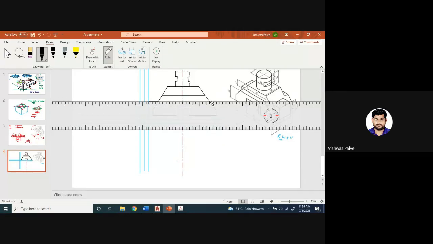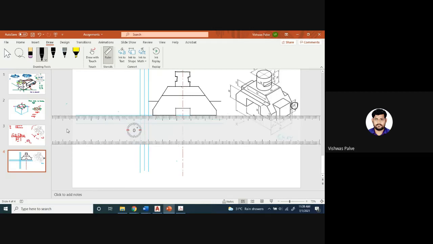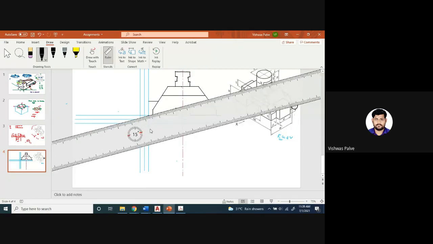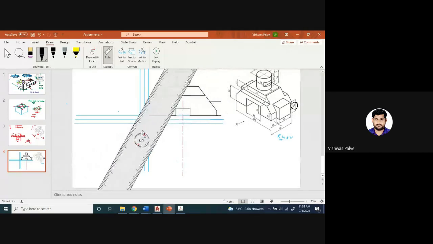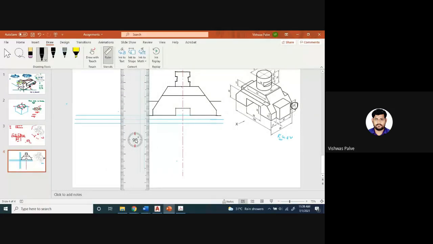26 millimeter, and we have to represent that slot. From the bottom, 10 millimeter. And then connect these 2 points.